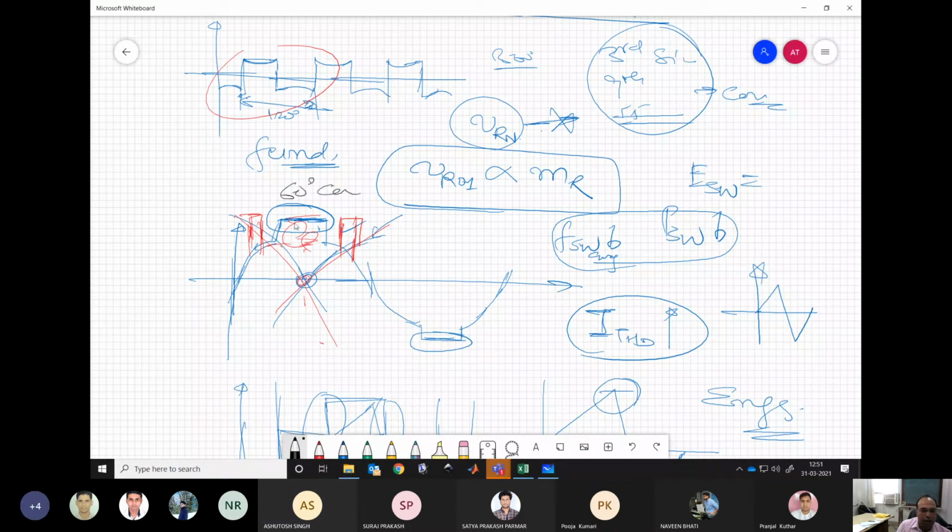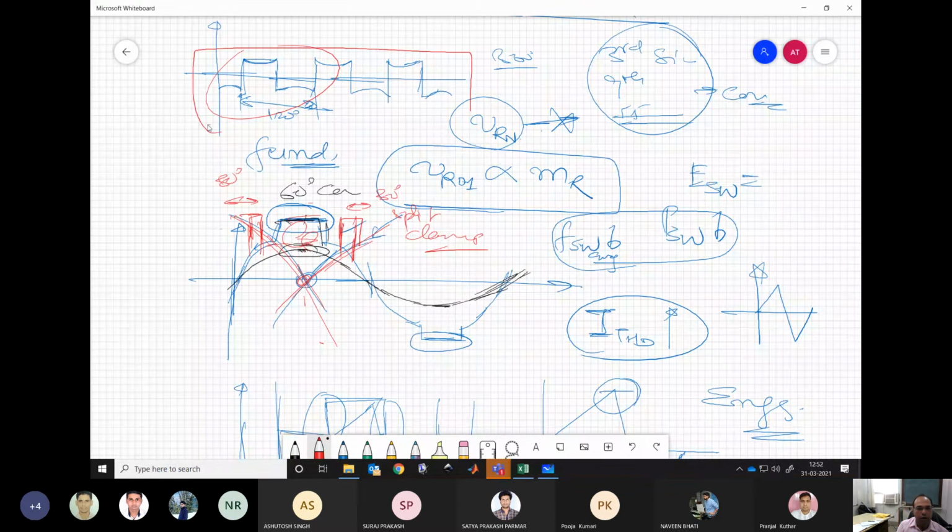This is your 60-degree continual clamp which we have seen. This is good when we have current in phase, or high power factor current. That means the current has a very high value near this, and clamping means we are not switching near the high values of current. But if the case is reversed, low power factor cases, when we have current zero crossing near that, then we need not go for this 60-degree continual clamp. We can go for the 30-degree split clamp. Is this clear? Any confusion in this? No, sir.